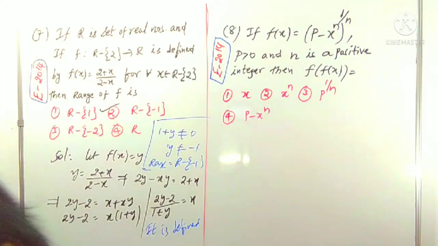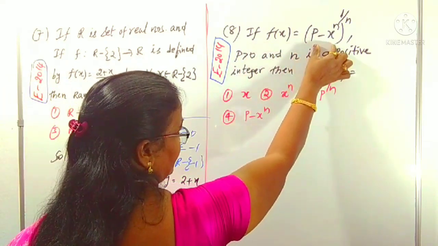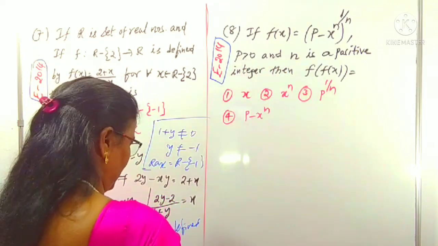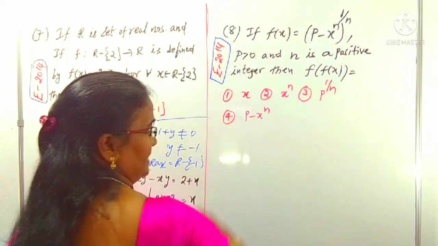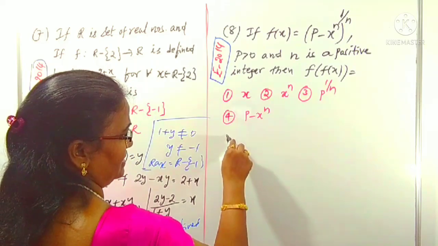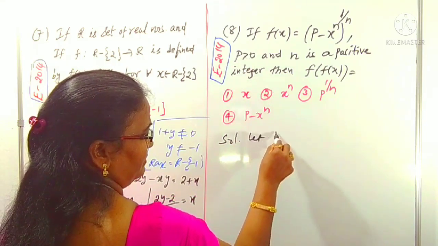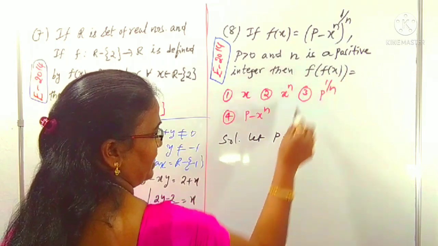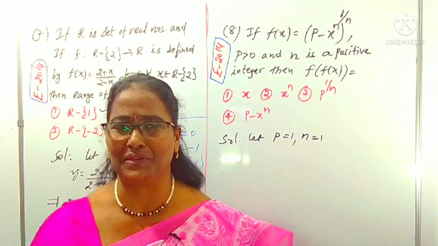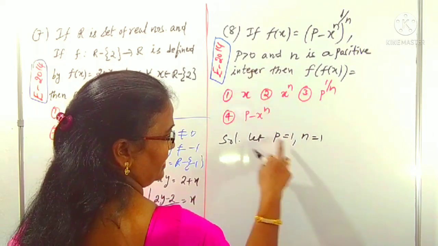Now we can come to the next question. I am doing that question in a simple way. If f of x is given as (p minus x to the power n) whole power 1 by n, and given that p is greater than 0 and n is a positive integer. So p value and n value are there in this question, so I am eliminating n and p by taking assumptions, for easiness purpose. P is greater than 0, so I am taking p equal to 1. And n is a positive integer, so I am taking n also as 1. Not only 1, any value you can take, but you have to take simple values. 1 is a positive integer, and p equal to 1 is greater than 0. 1 is also greater than 0.